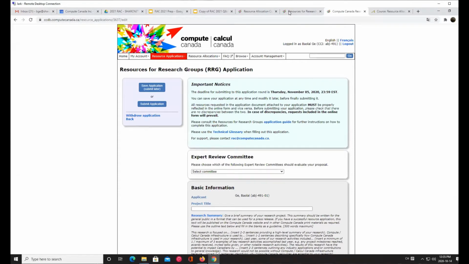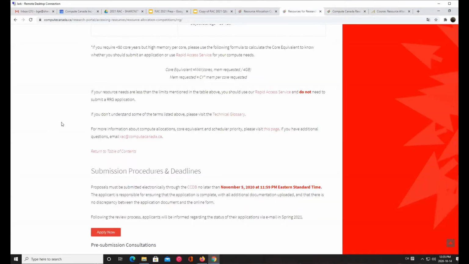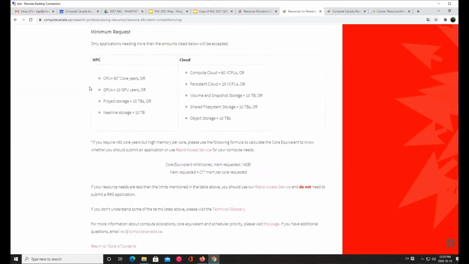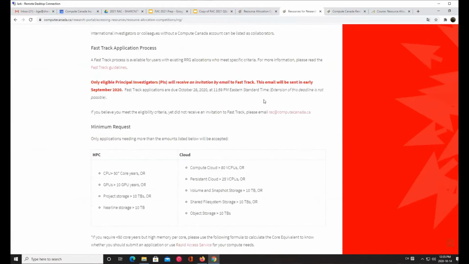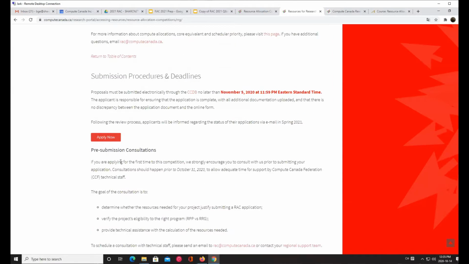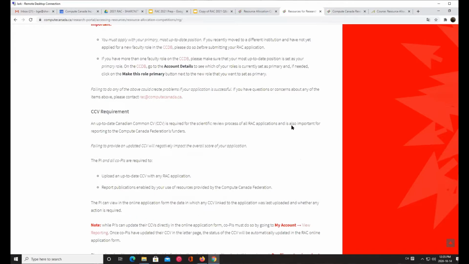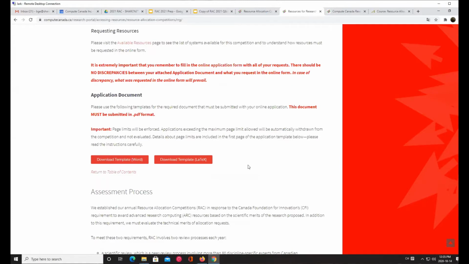And if you go back to the public Compute Canada website, and in particular, I am on the RRG application page. If you scroll down, you see there's a button Apply Now, which will take you to the CCDB to complete the online application. If you scroll down to the application document, then you have an opportunity to download the template. For example,